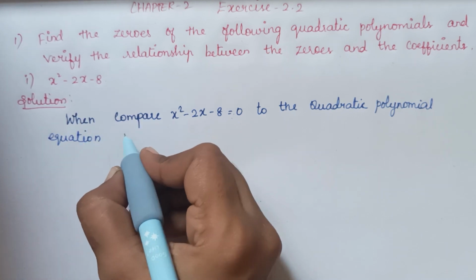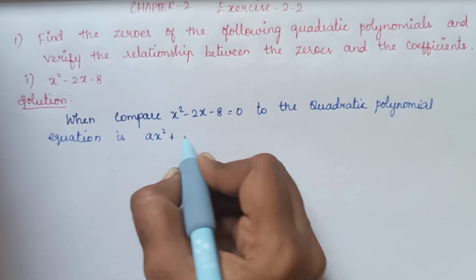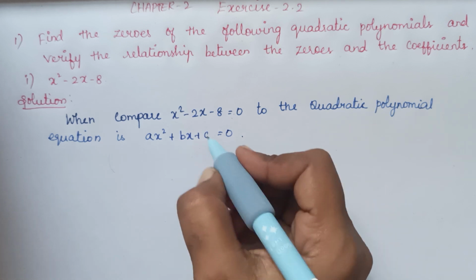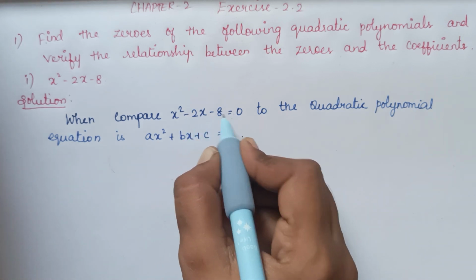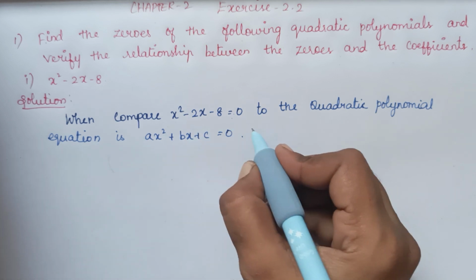The quadratic polynomial equation is ax square plus bx plus c is equal to 0. So if we compare x square minus 2x minus 8 equal to 0 to this equation, we will get